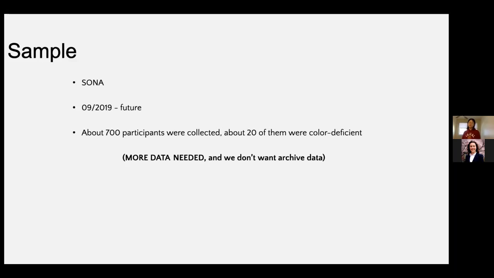And you might ask me a question like, why don't I just go to a hospital and try to find the archive data, right? Like hospitals have some data about who has the color vision deficiency and who has not. And why don't we just try to contact those people and see if they're interested in doing our research? The reason is that we don't want to try to,